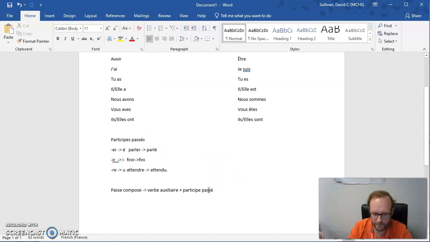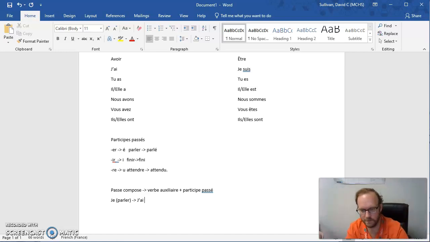I guess that happens. Okay, so nous avons notre verbe auxiliaire passé. So passé composé, you make by combining your auxiliary verb, which is either avoir or être, and your participe passé. If we want to take je and use the verb parler to say I talked, in the past tense, you're going to use j'ai. You're going to use the avoir form.